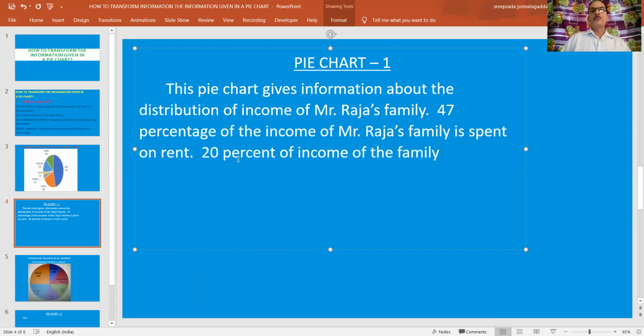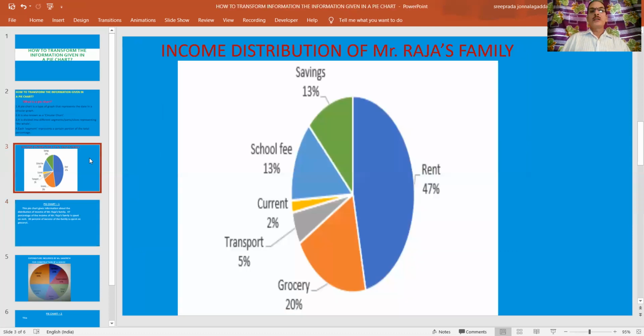You need not write Mr. Raja's family again, the family, because already you have seen whose family it is. Spent on what? 20% on grocery. Okay, we have completed two items. 20% of the family's income is spent on grocery, and then